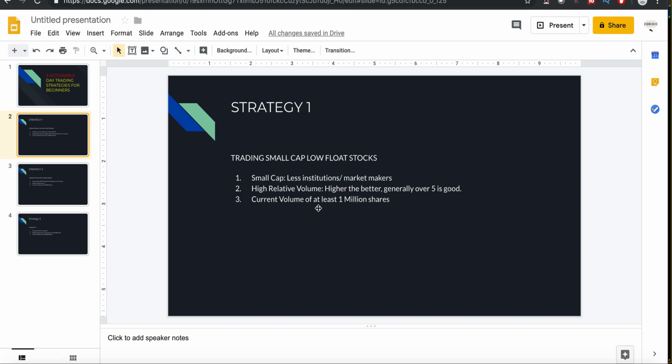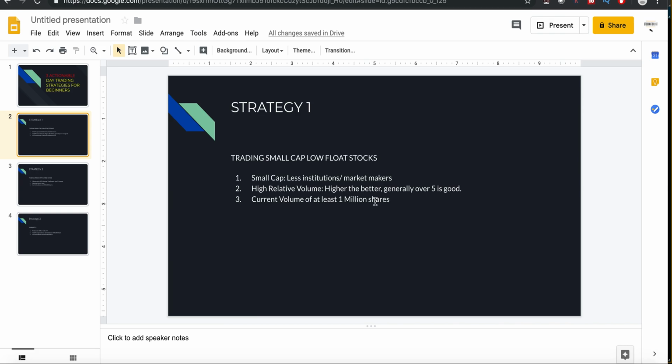Relative volume. So what relative volume means is, let's say the stock usually does about 20,000 shares. If today the stock is doing 1 million shares, right? So now the relative volume means the interest in the particular stock is now 50 times versus the regular volume. So that's really a key, right? So the higher the better. Generally, if it's over 5, it's pretty good. And if it's a small cap stock, you also want to be trading something which has already done about 1